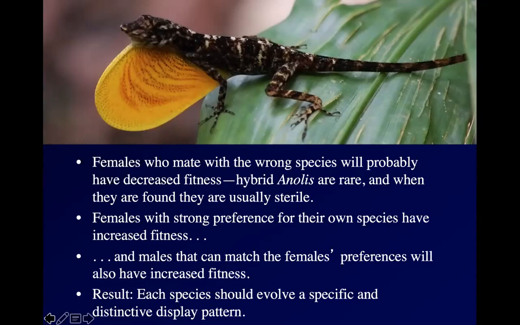So that could be operating as well. That may be why females prefer bright reds and yellows in many species, although not all. There are some that have blue dewlaps, and I'm not sure what that means.